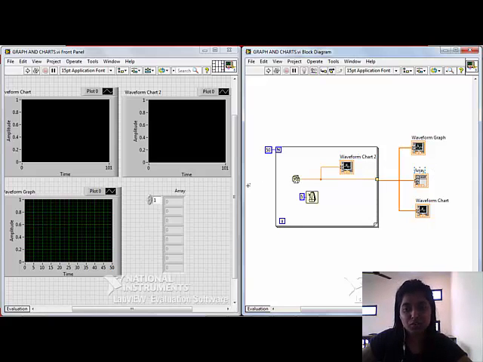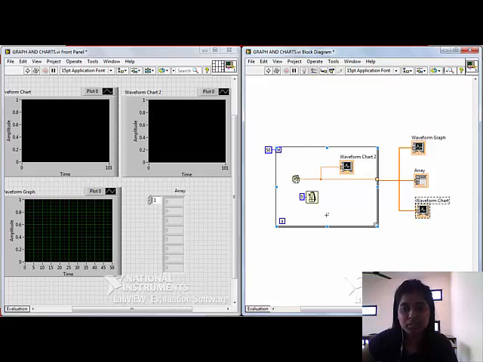I took an array just for reference, to see which numbers are being generated, and I combined a waveform graph and chart for easy comparison. I placed the waveform chart both outside and inside the loop. The inner waveform chart will give me continuous data reading on the waveform, and the outer waveform graph won't give me continuous data. After the complete iteration, it will show me the values on the waveform, as in the waveform chart.